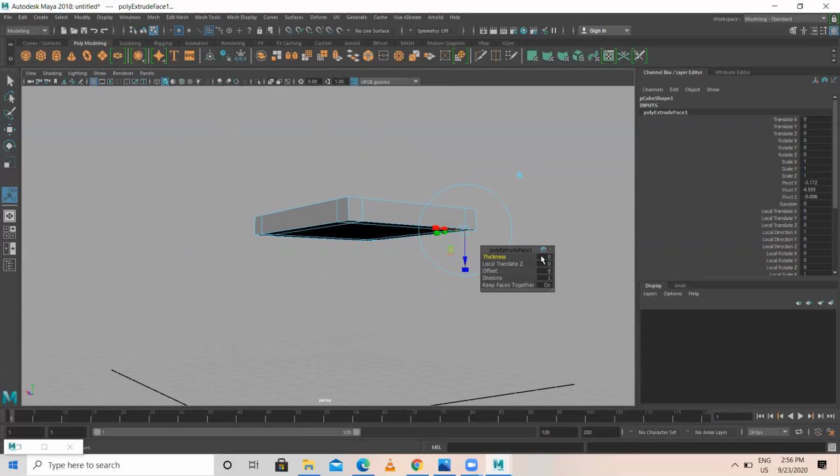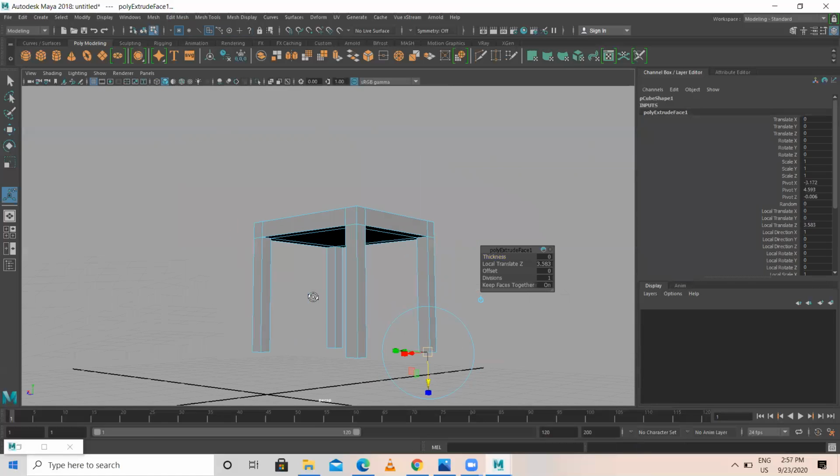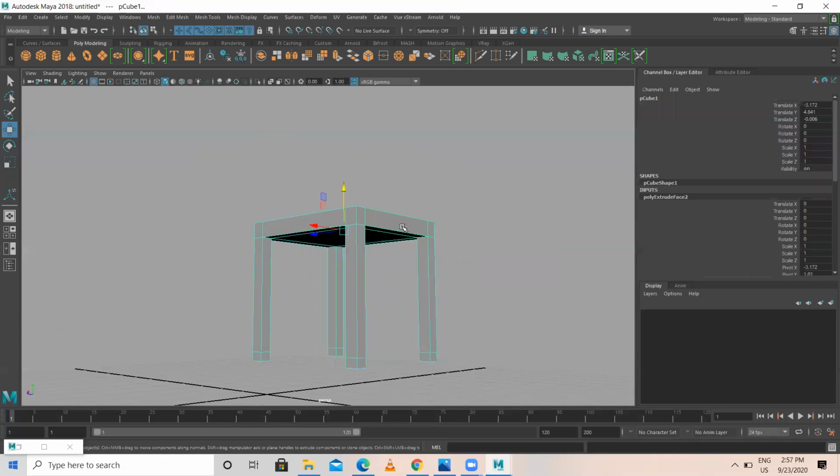It is asking what thickness you want. That's okay. Manually also you can do, or here also you can do. I'm extruding it like this. G is a shortcut key. You just press the G button so that it repeats again. Repeat last tool: whatever tool you used last, to repeat that, press the G key on the keyboard.